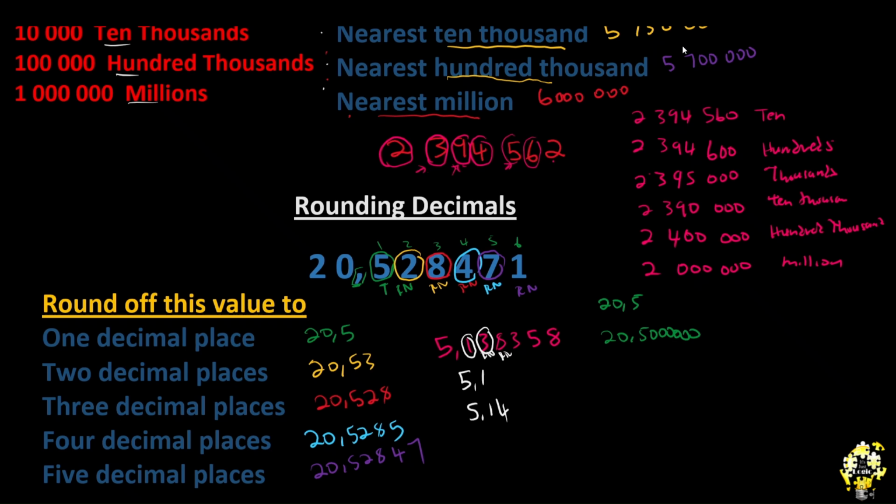And then the next one, 3 decimal places, is going to be 5.138. Why did it stay the same? Because this was the target, and the right neighbor was 3. Right neighbor falls under round down. It says we should keep it the same. And then to 4 decimal places, this is the 4th decimal place. This is the right neighbor. Right neighbor says we must add 1 because it falls under round up. So we are going to have